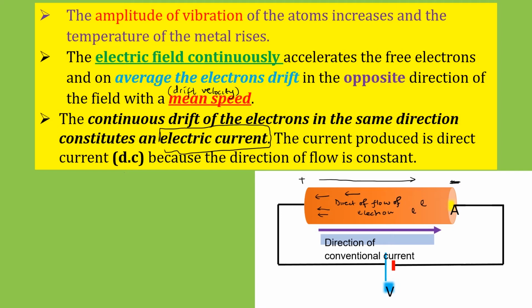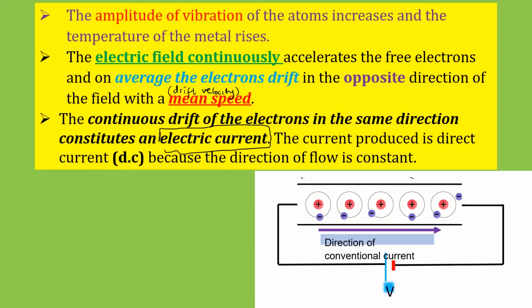applying on these free electrons, and on average they drift in the opposite direction of the field with that velocity, what we call the drift velocity or the mean speed. This process is continuous but in the same direction. This constitutes what we call a direct current. An electric current, the continuous drift of the electrons in the same direction, constitutes what we call an electric current, and the current produced is direct current, simply because it flows in one direction, and the